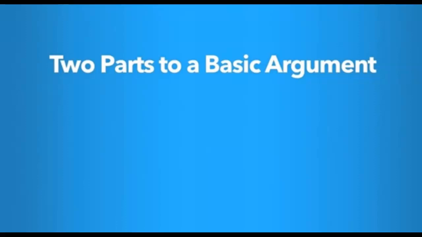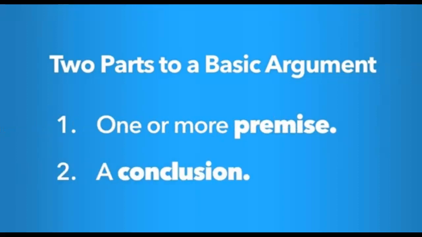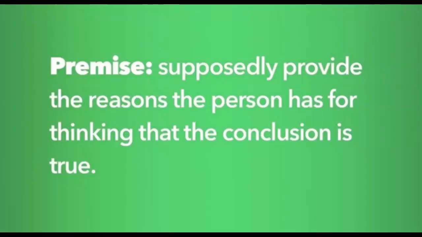At its most basic, an argument consists of two parts. One, one or more premises, and two, a conclusion. These two parts must work together in order to offer a particular stance or position on an issue or problem and form an argument. In an argument, the premises supposedly provide the reasons the person has for thinking the conclusion